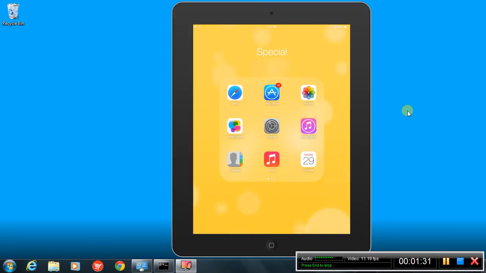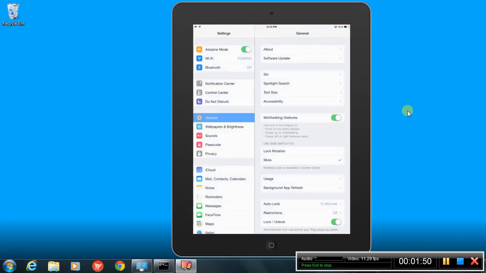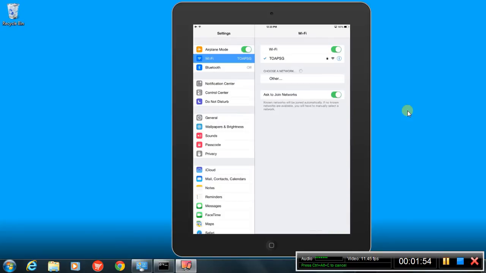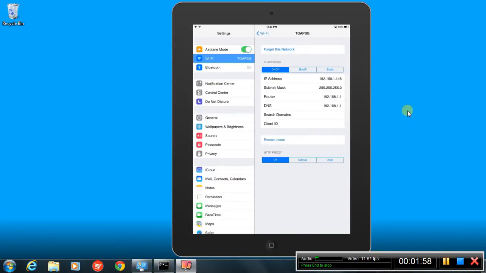I'm here to show you how to connect the AM-1 microphone to an iPad. Here we go. First thing we want to do is we've set up a wireless router. And what I'm going to do here is use my iPad and go into the Wi-Fi, and I've located here the network I've used,